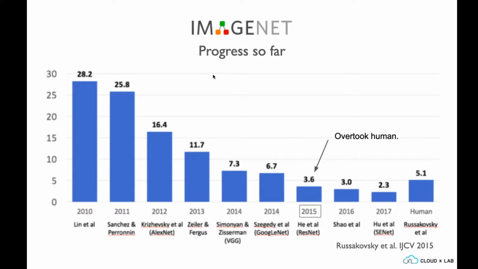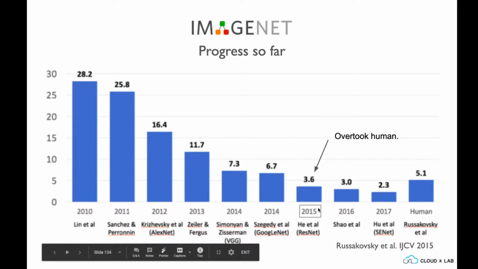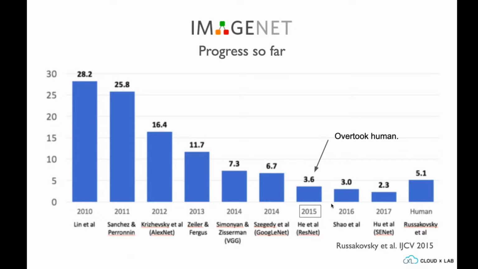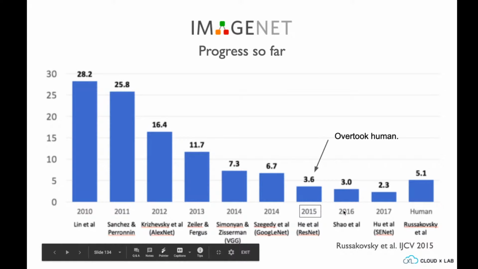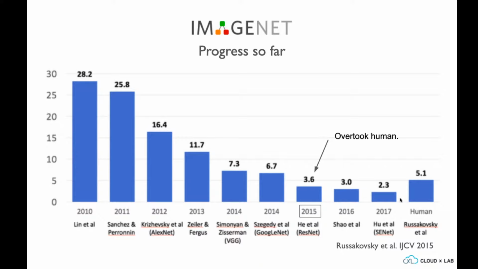I'm not going to talk about exactly what the error metric is, but the metric I've taken, like percentage, is approximately similar to it. The human error on that data set was estimated to be around 3.6. In 2015, the machines were beating it. The ResNet model was a major step. So right now we've just got to a place where computers can do better computer vision at scale than humans.